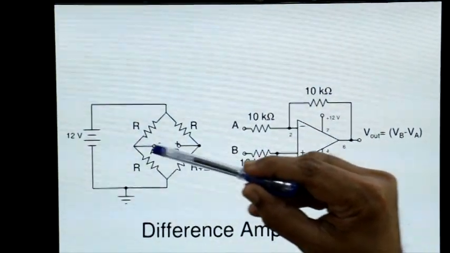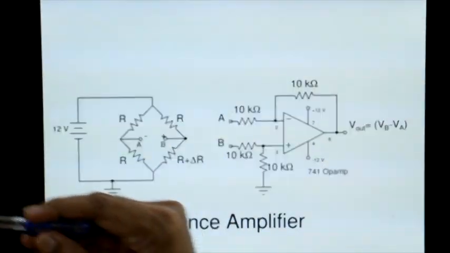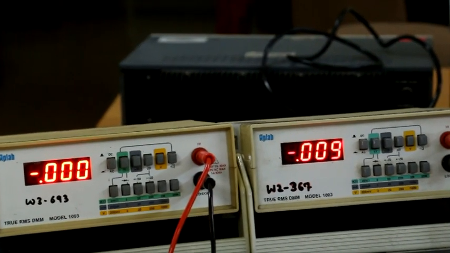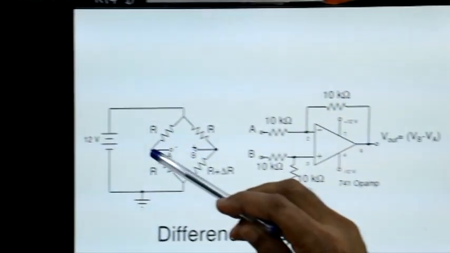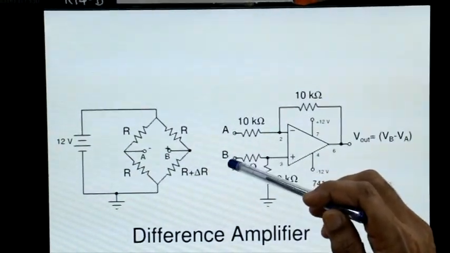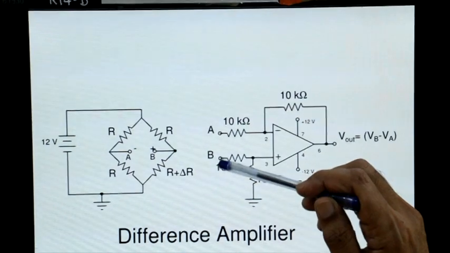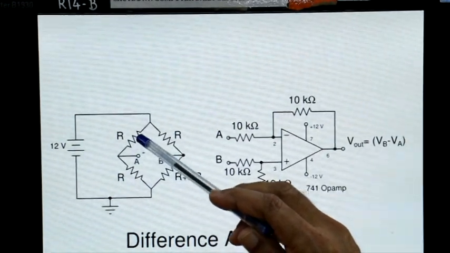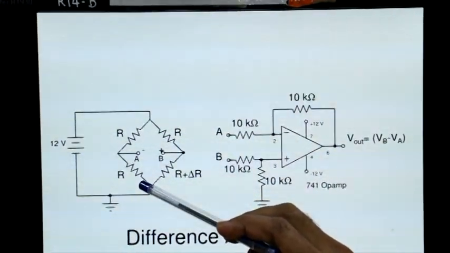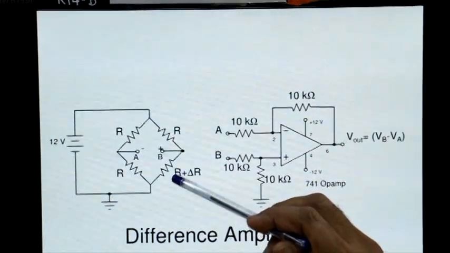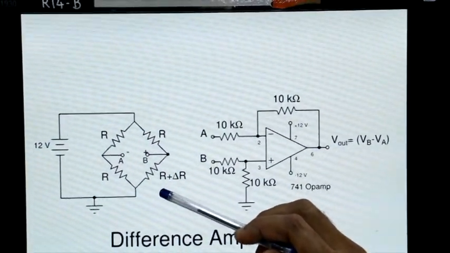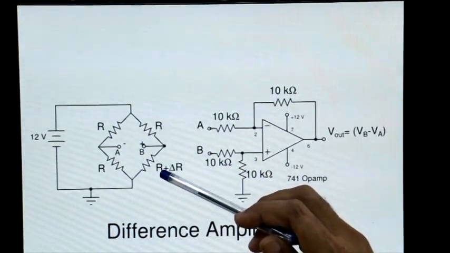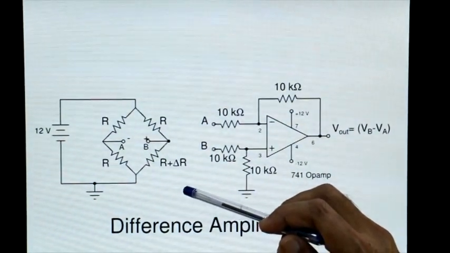That's the common mode. On the left side is the differential voltage, which is between A and B. Since it is common mode, this particular point is connected to both A and B. Therefore the voltage appearing there will be about 6 volt. R we have chosen as 470 ohms, and in this particular arm we have chosen 390 ohms and a potentiometer, so that we can vary it and show you the differential amplifier performance.